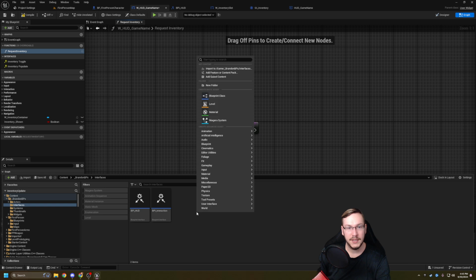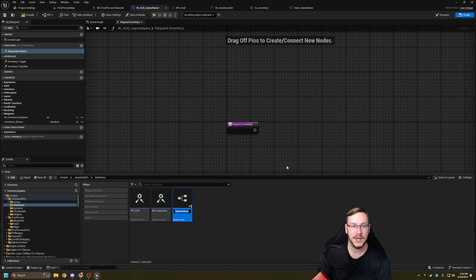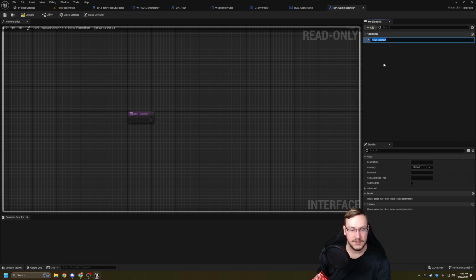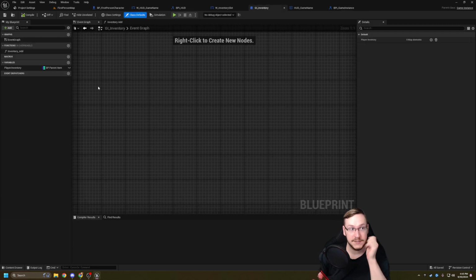So we're going to right click, go to blueprint, go to blueprint interface, and BPI game instance. Control Shift S, and let's open that up. And what we're going to do in here is rename this new function to inventory underscore request. And what the input is going to be, if we go to our game instance, it's BP parent item,